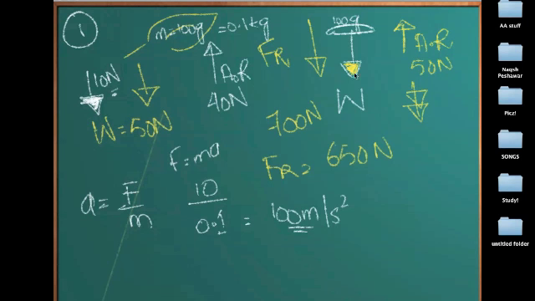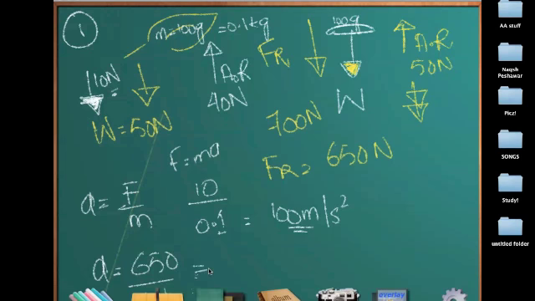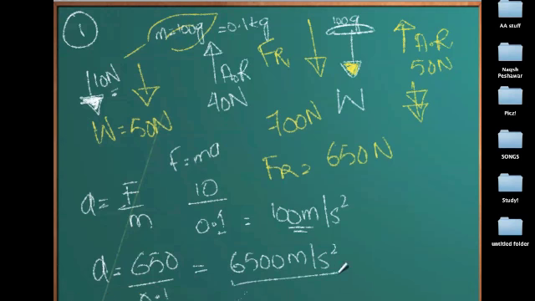Now in the case of the coin, the resultant force is 650 newtons and the mass is 0.1 kilograms. So this becomes 6500 meters per second squared. Now you can see it is accelerating at a far greater rate than the feather. That is why this sinks, as in, this does not stop. However, a feather is floating here and there and it's not really accelerating a lot. That is the reason